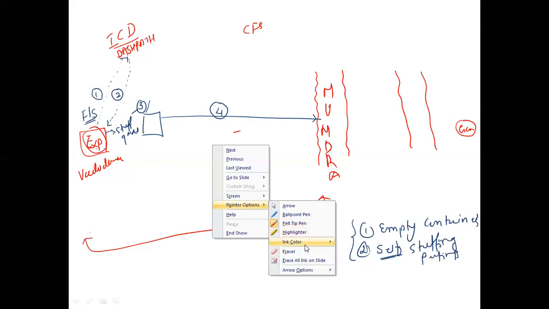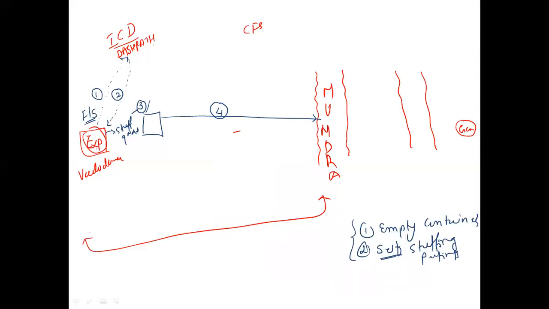Now suppose you are using, say for example, ICD stuffing. So what you need to do is, from the factory, this is your factory, in a normal truck you bring all your goods to the ICD. Initially, unloading would be the first step at the ICD. Once you unload all the goods, you bring the empty containers, that is step number 2.